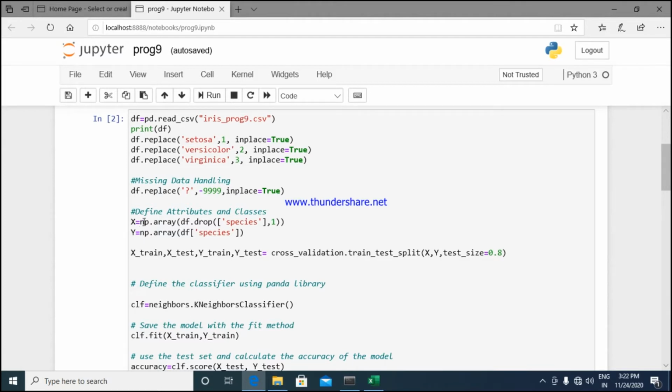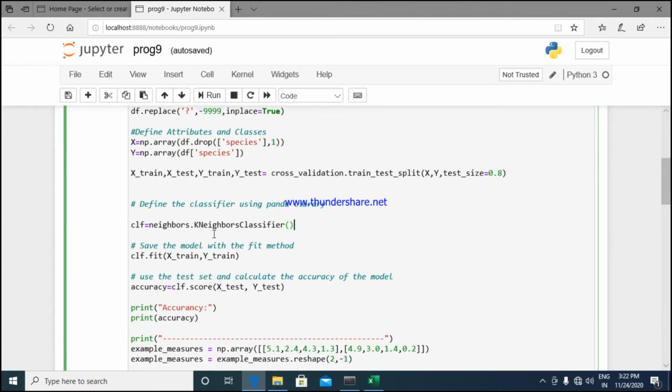Then x equals np.array of species, comma 1. In the same way, the y value is your species. Once I am done with that, I'll split your data into test data and train data as an 80-20 split. I'll take the testing data set to be 20% and the training data to be 80%.